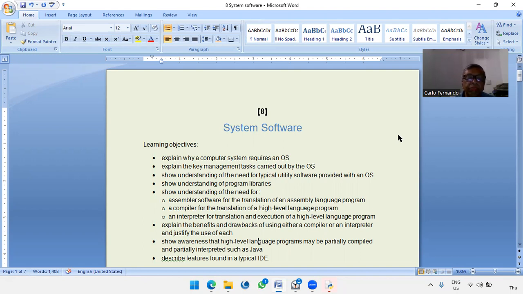Show understanding of the need for assembly software for the translation of an assembly language program. So we know about assembly language programs, but then assembly language has to be translated to machine code. For that you need the assembler. The translator of assembly language is called assembler. Then a compiler for high-level language programs. Same task. The interpreter also for high level. It's a different kind of